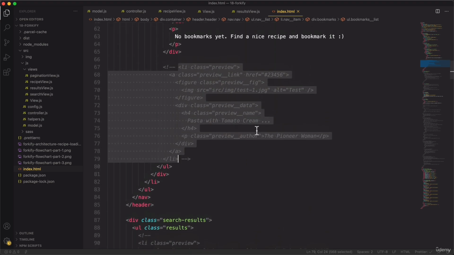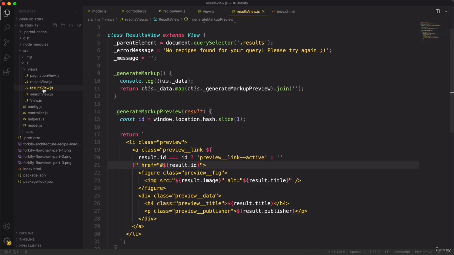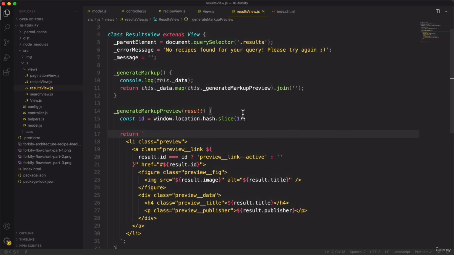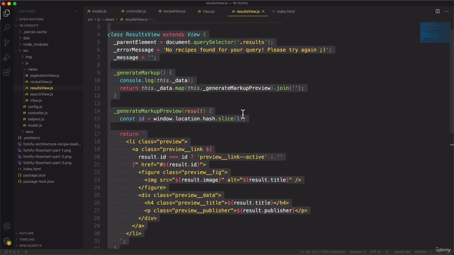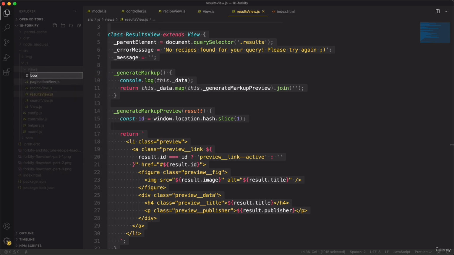And so this is actually the exact same code. And so now in order to create this bookmarks view, I can actually simply go ahead and copy this one here from the results. Okay, so at least for now, by the end of this video, we will then kind of refactor all this. But for now, let me simply copy the code here and here create the